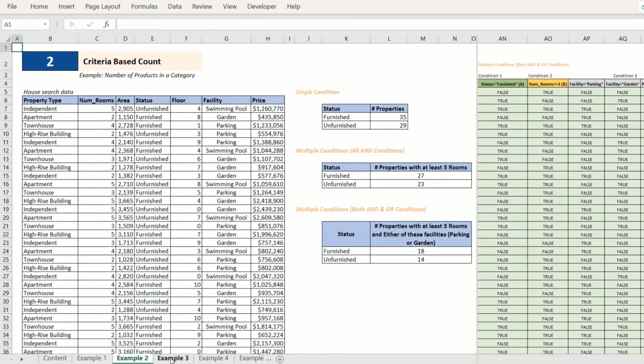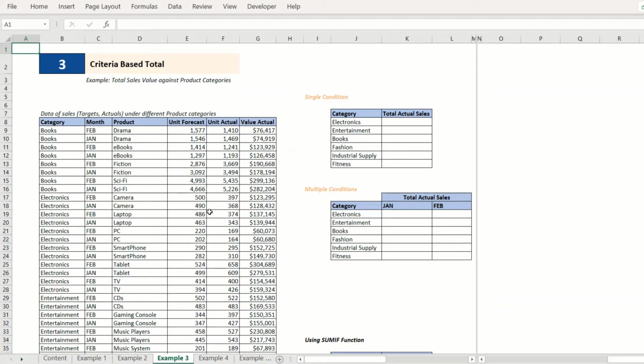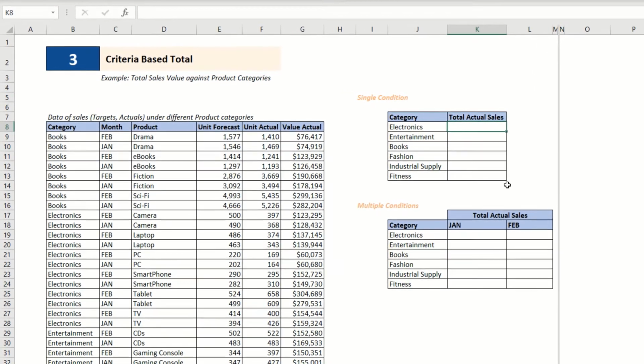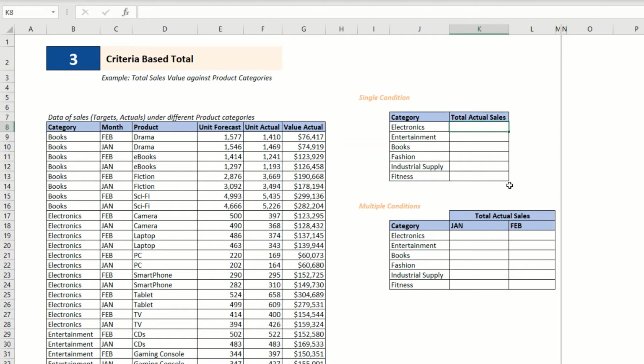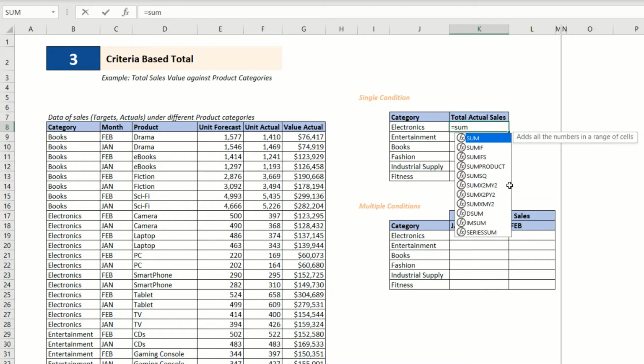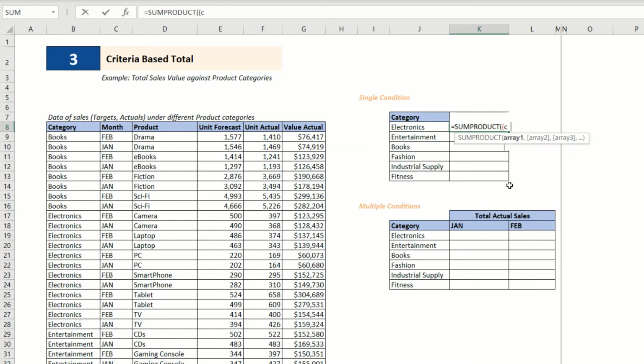Let's now look at the next example, where we can do a sum or a total based on certain criteria being applied. Let's compute the total sales for each of these product categories, and I can apply the SUMPRODUCT with the first array as category. Again, this is a named range, and I will put this equal to the value of this cell, and as the second array I will use this last column. Let me copy this formula and apply on the below cells.